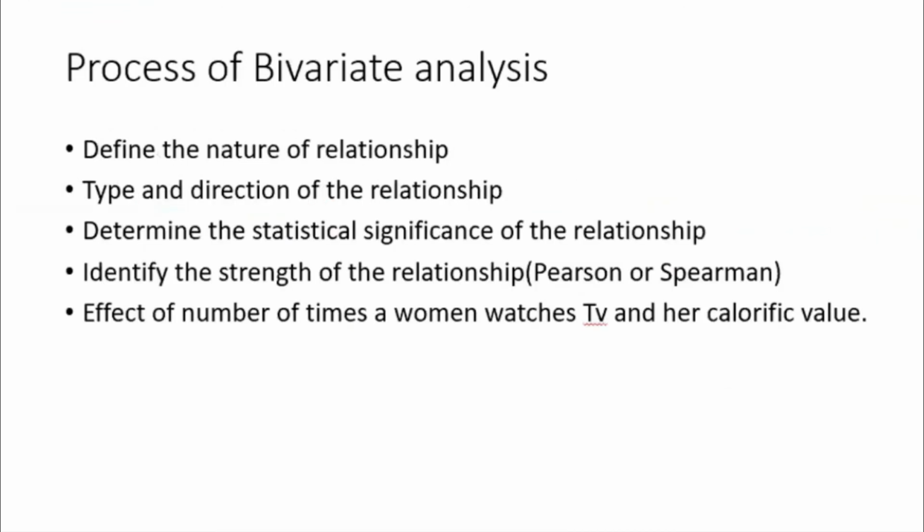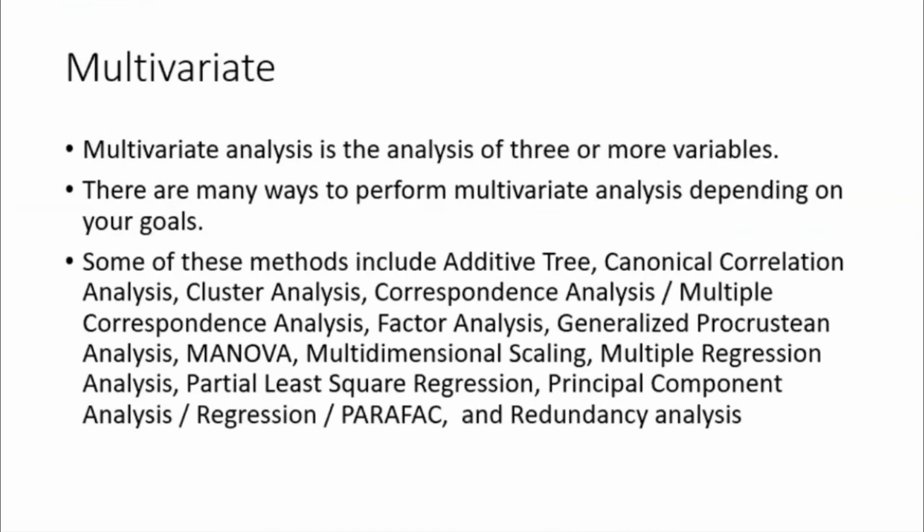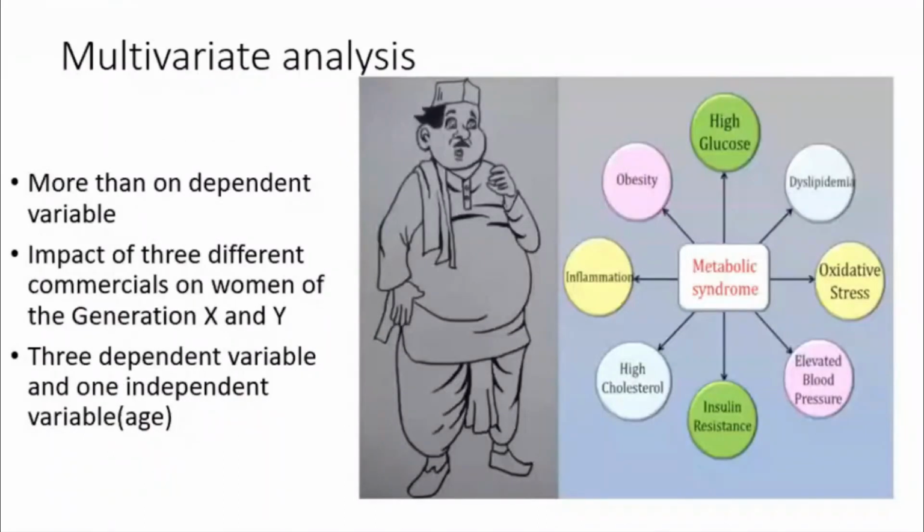Okay, so bivariate, and then there is multivariate. You all have done yesterday a mini model in which you had one DV and many IVs. That is called multivariate because it had more than 2 variables. Okay, so this is one example of a multivariate analysis. Okay, so is this all clear? Are the concepts clear for today?